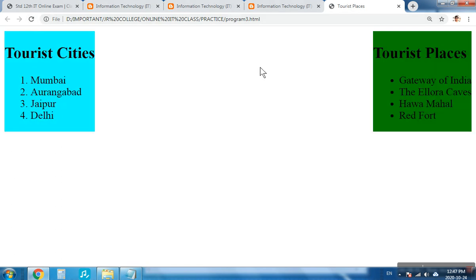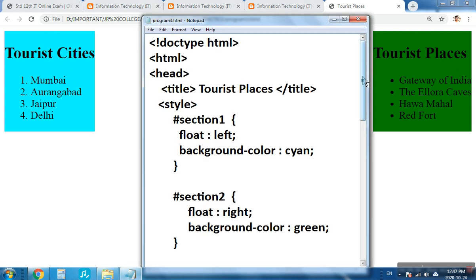So you can see two sections are created using div tag. Even if you do not use div tag, we can even move them on left and right side by changing the float property for UL and OL tag.